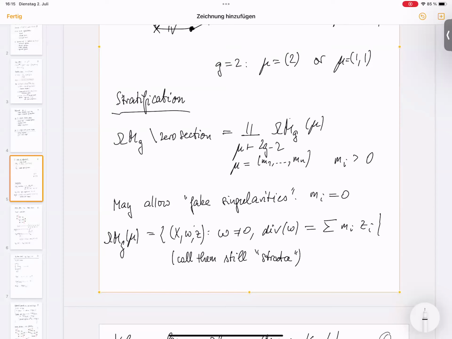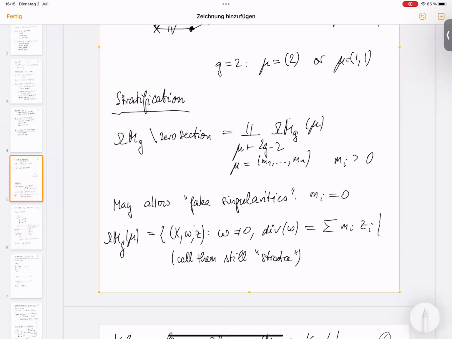But let me add a little twist to that, an additional something. We can add marked points where the differential has a zero of order 0. Well, it does not vanish there. It's an artificial marked point, and we will do that for our baby case that we do in the sequel. So if I write Omega M_g(mu),